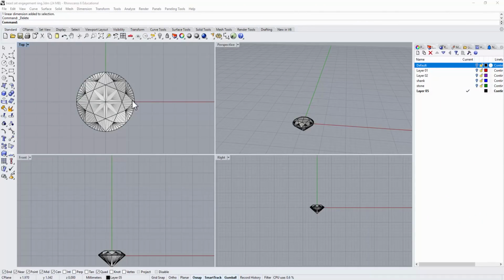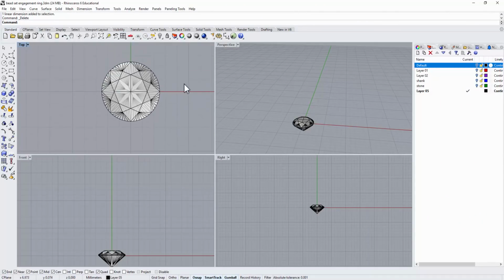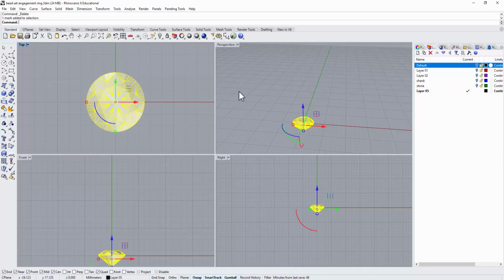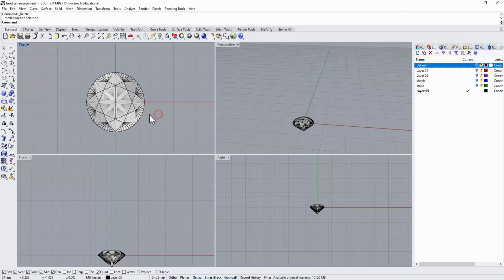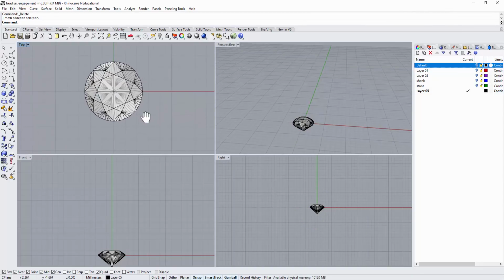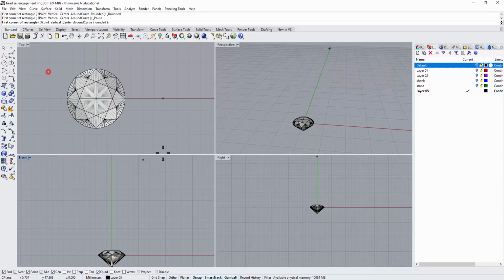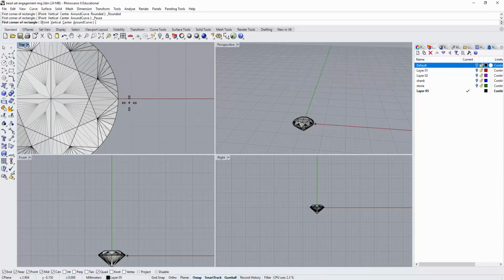Let's start with this 5mm round stone. For how to make this stone, you can go to the top right corner there, and you will see the info. There will be a link for my previous video. All right, so we want to do 6 prongs on it. First of all, we want to decide what type of prong size. You can do the round one, but the one that I have is more cushion looking. So I want to decide it,